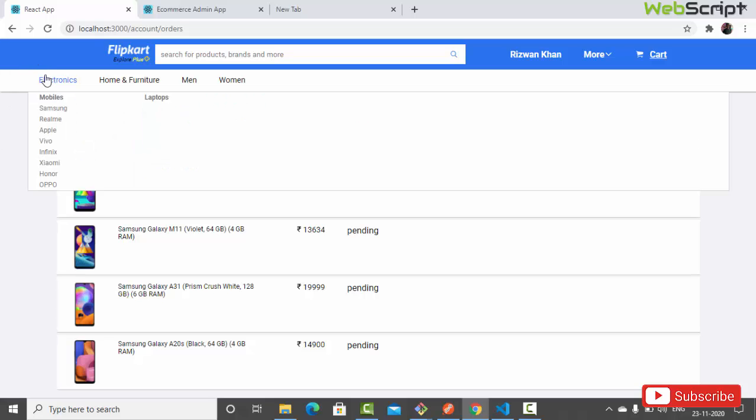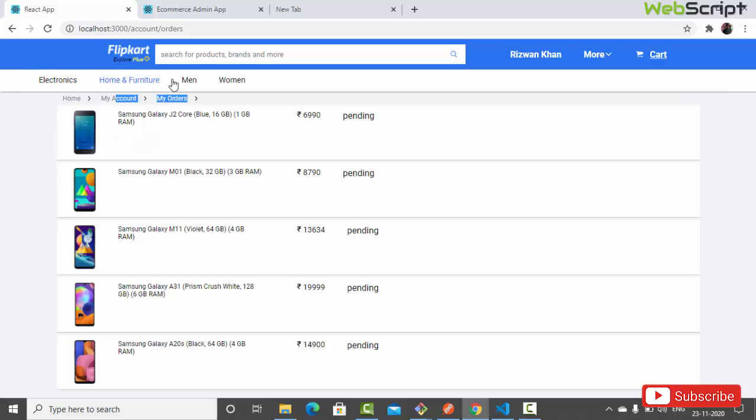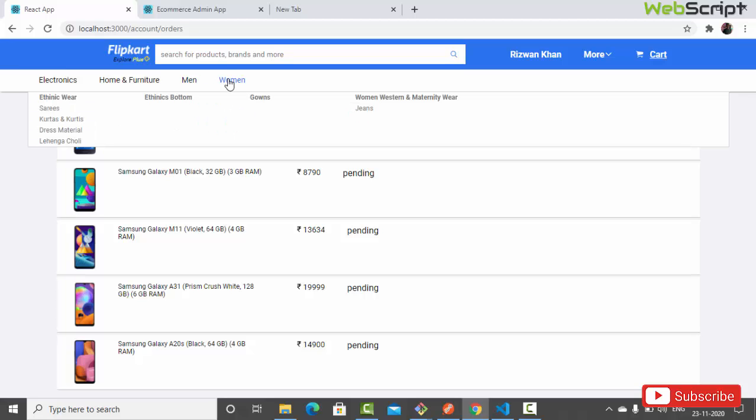Also the new change, and here you can see I've added a couple of new categories: men, women. For men we have top wear, bottom wear. For women we have ethnic wear, ethnic bottoms, gowns, women western and maternity wear. We don't have products related to all the categories, for example saris, kurtas and all, but I have added